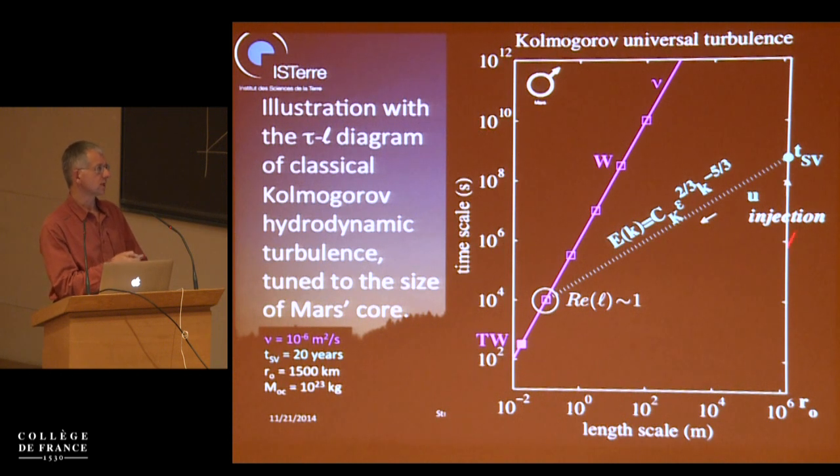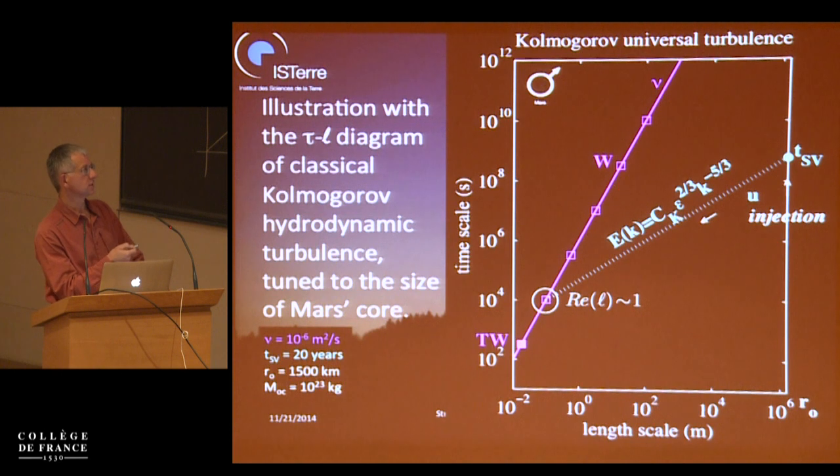If you think that you are injecting energy at the largest possible scale, which is this TSV. I call it TSV because later on it will be the time derived from circular variation of the magnetic field. So here is something we might have some constraints on. It's a long time. I've taken here, completely arbitrarily, a time scale of 20 years for mass motions in the core. Then the relation between the kinetic energy and velocity is such that you expect this type of cascade down, for Kolmogorov's simple cascade, all the way to that line.